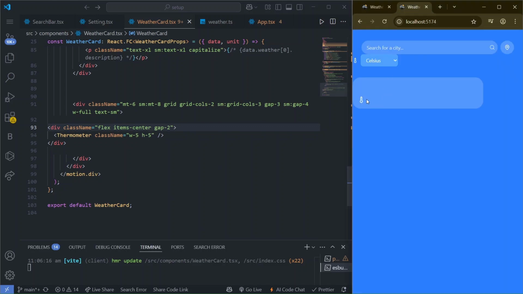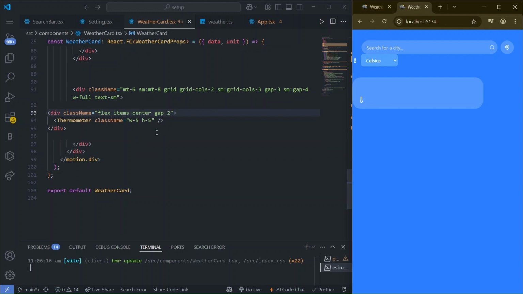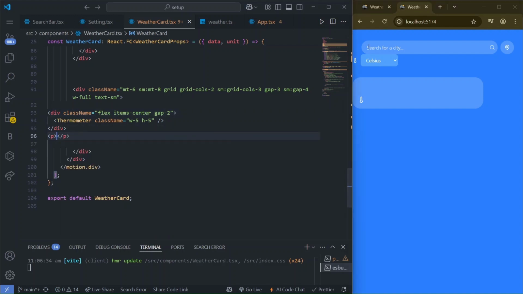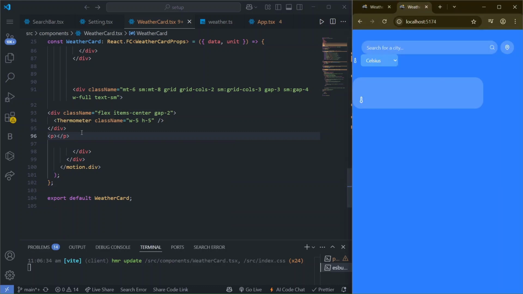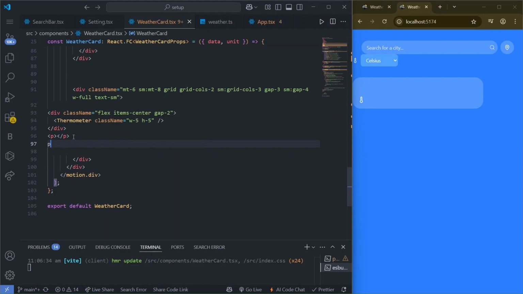So there is a thermometer, you can see that, right? And after that we can create another paragraph tag, and there we can write "feels like" and the temperature value, right? And it will be in the column, right? So we will write all of these things. So create two paragraph tags. In the first paragraph tag, what we will write is "feels like",